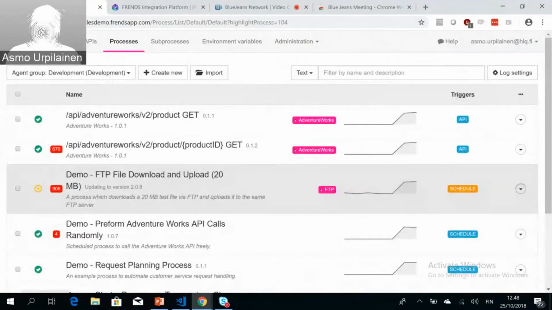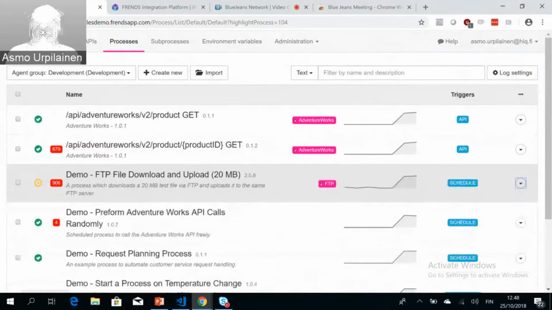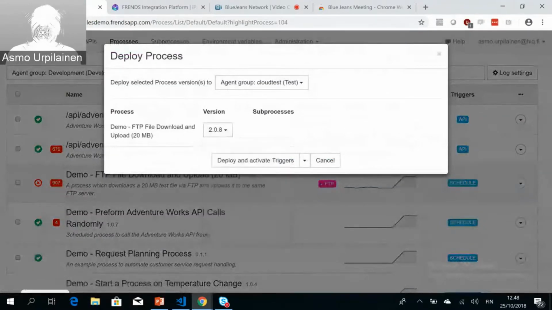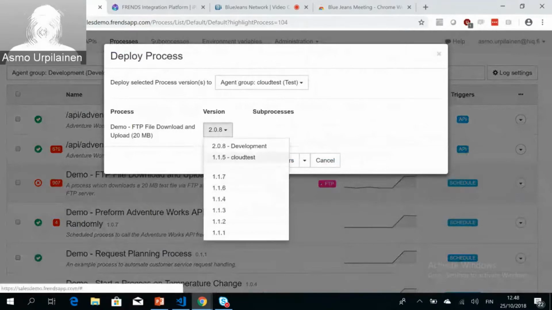I would save that as the new 2.0.8 version, and take that and deploy that 2.0.8 to the cloud test environment, replacing the previous 1.1.5 version of